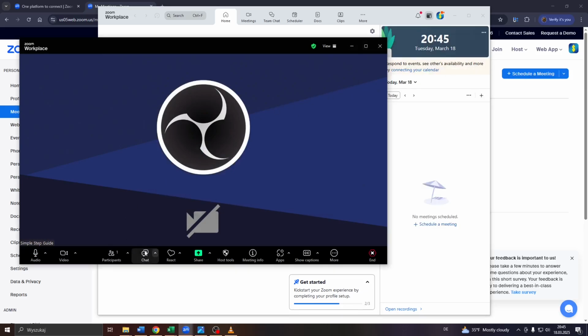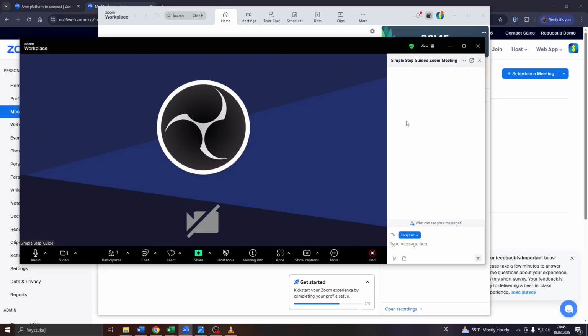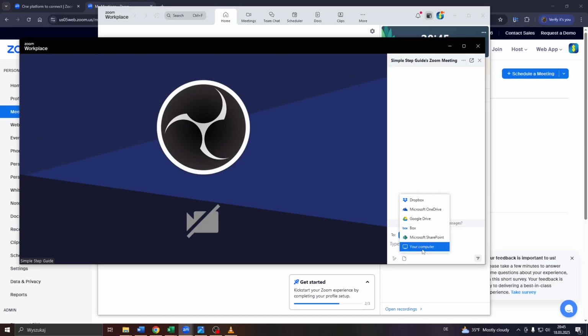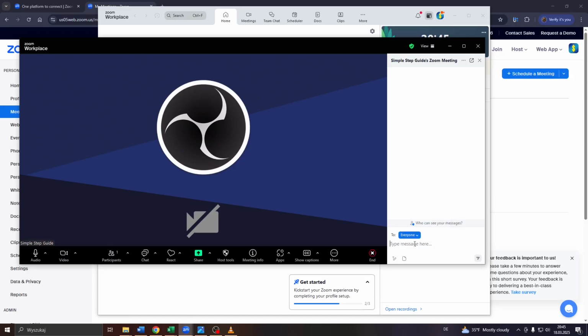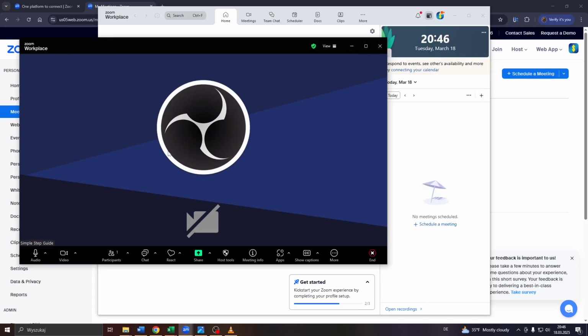So what you want to do also, guys, is use the chat window or text box here at the bottom of the chat window to communicate with your meeting participants. Attach a file to your text, for instance, or to your message. For example, if you're hosting a conference or a class and you would like to share some learning material or resources with your students. Also, guys, you may, for instance, show a whiteboard presentation to your meeting participants by clicking